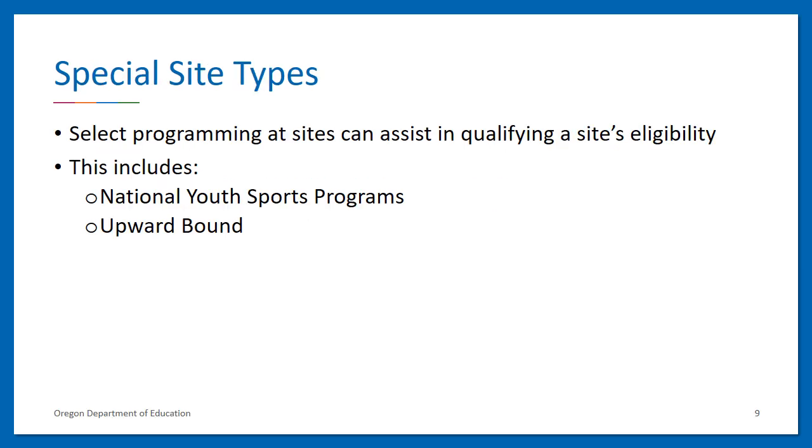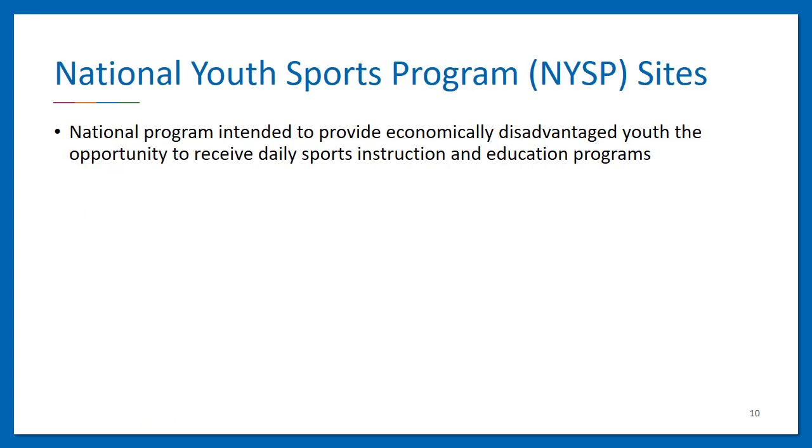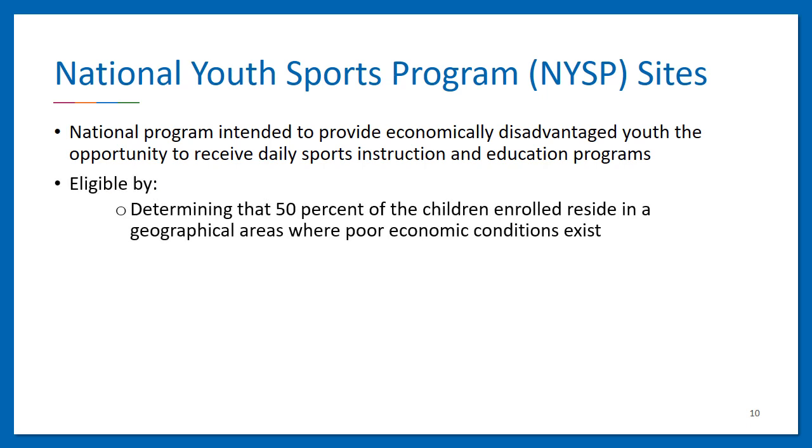There are a couple select programs that can assist in qualifying a site and/or its participants. These types of programs include the National Youth Sports Programs and Upward Bound. The National Youth Sports Program, or NYSP, is intended to provide economically disadvantaged youth the opportunity to receive daily sports instruction and education programs. A NYSP site may qualify for the program by determining 50% of the children enrolled reside